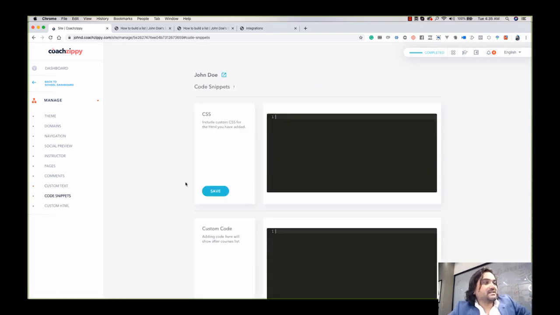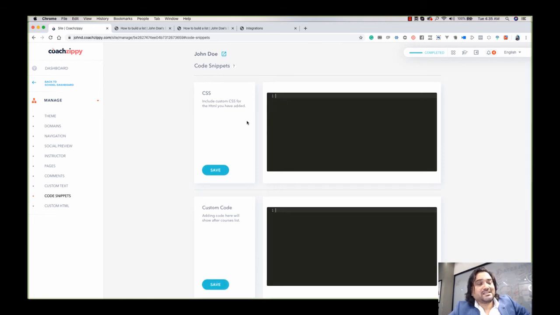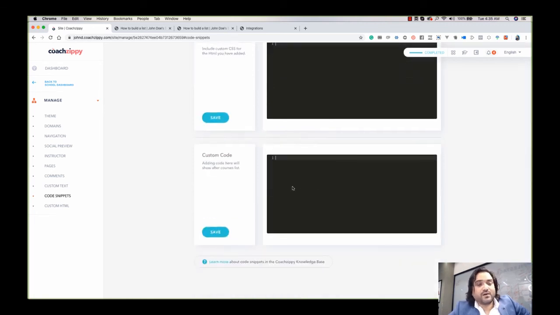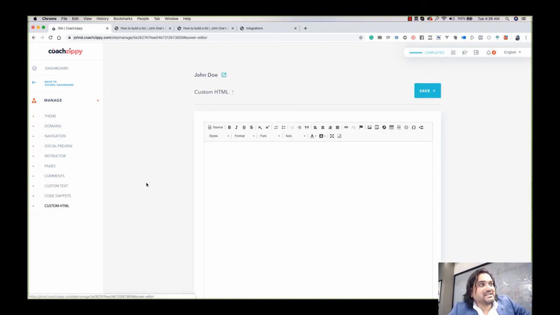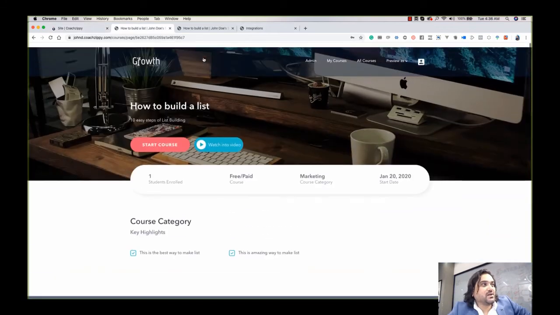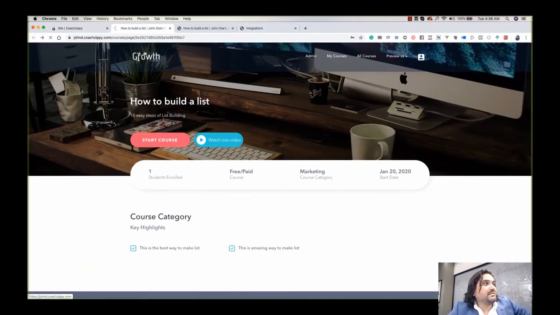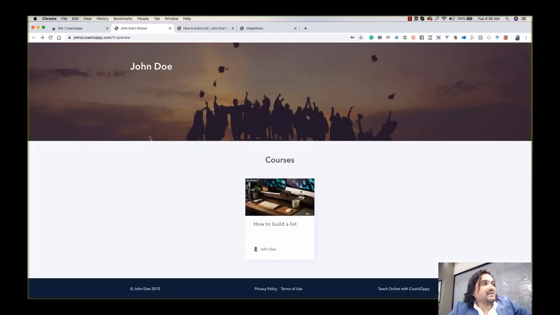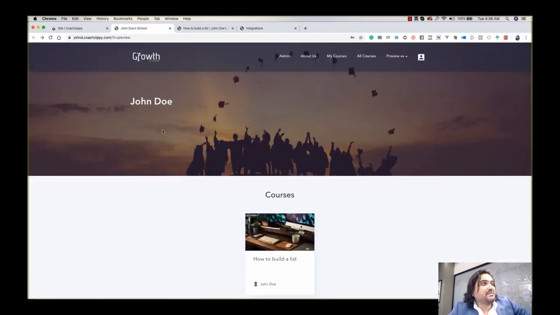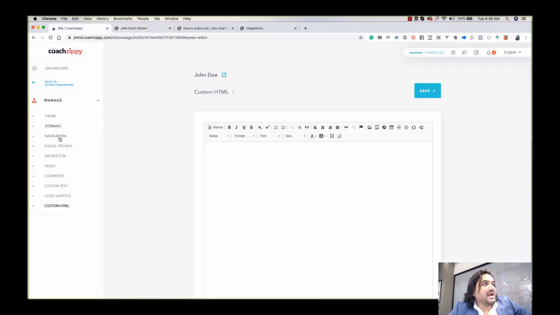Okay, code snippets. You can add your custom CSS, you can add your custom JavaScript code, and that would be available on your website. Okay, and you have custom HTML. So let's say you want to add some custom HTML on your school page. This is the course page of Growth Academy, and you want to add something here. You would be able to do that. But